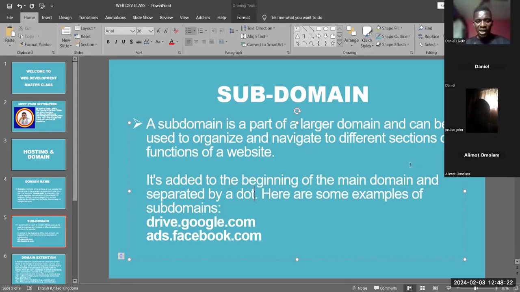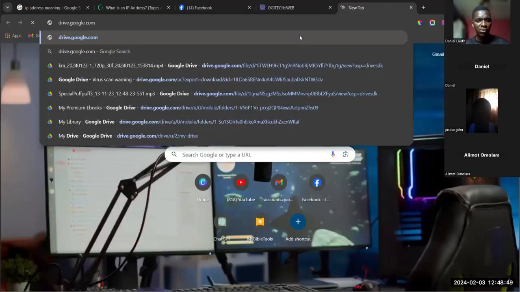So it's added to the beginning of the domain. When we talk about a subdomain, it is always like this. What you're seeing here now is a subdomain. If I take this drive.google.com, I copy it, and I put it on my browser, you see what will happen now. If I paste it now, you can see this is